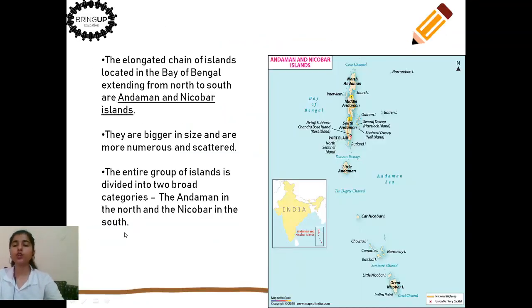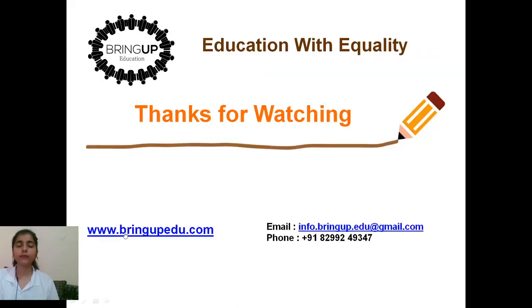Okay, that was all about the physiographic divisions. We have covered all the physiographic divisions of India, including the Himalayan mountain, the northern plains, the Indian desert, the peninsular plateau, the coastal plains, and the last was the islands. We have covered each and everything, where we can find all these physiographic divisions and what all are the important features. Hope you guys have understood each and everything that I've taught you today.